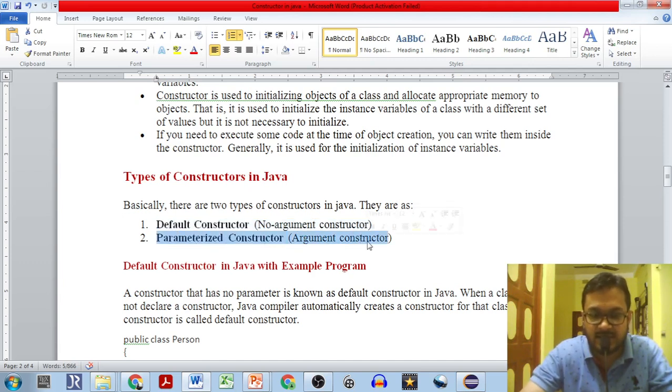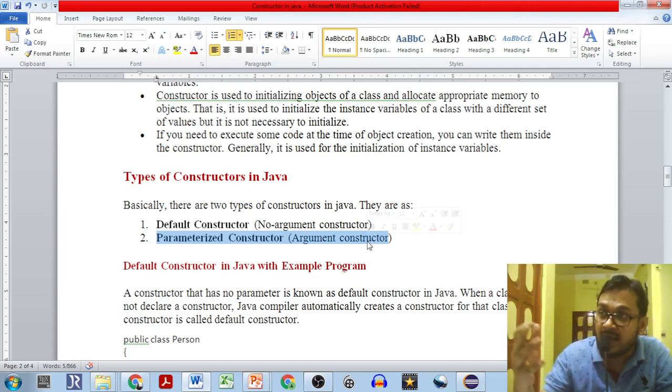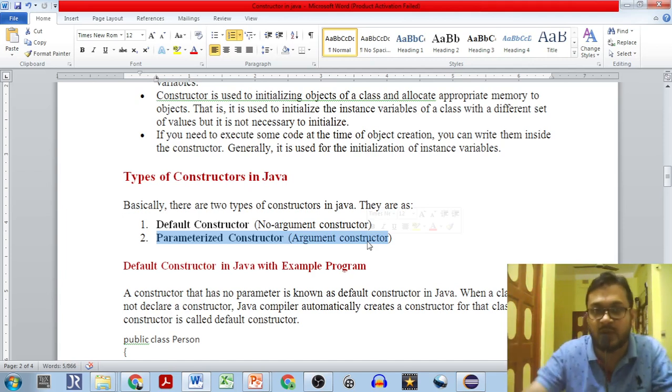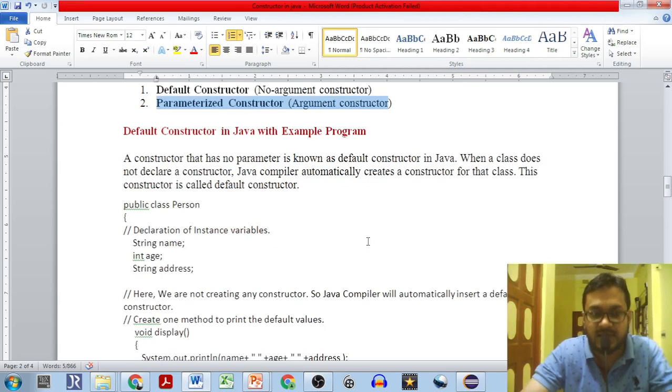In this case, arguments are provided to the constructor: a single argument, two arguments, 10 arguments, depending upon your need and your program's objective. You have to define it like that. I'll show how it happens.